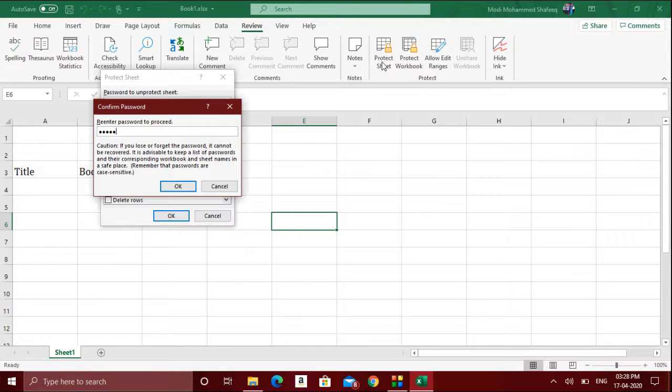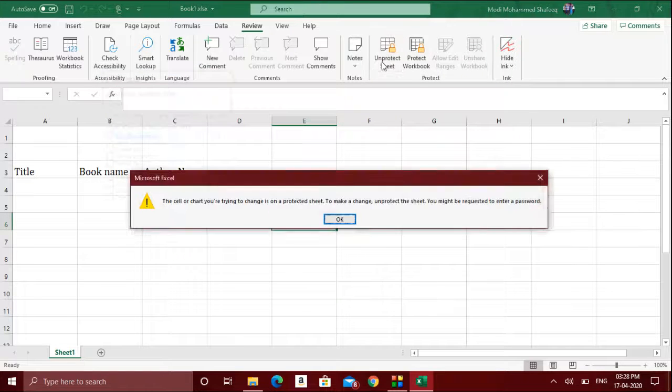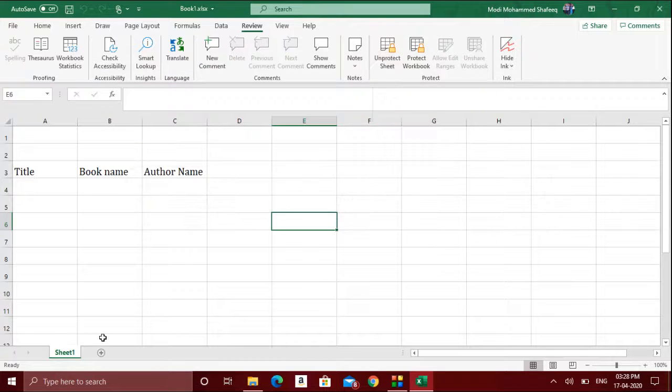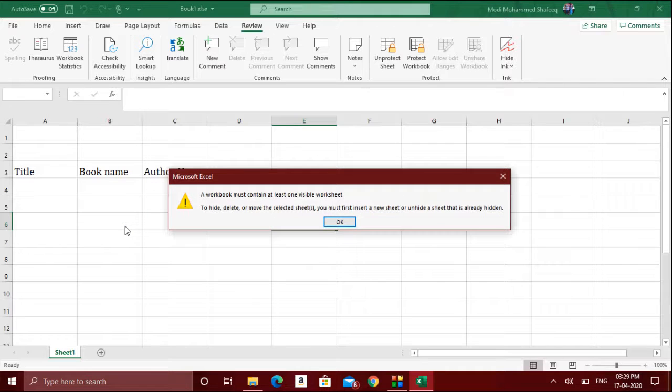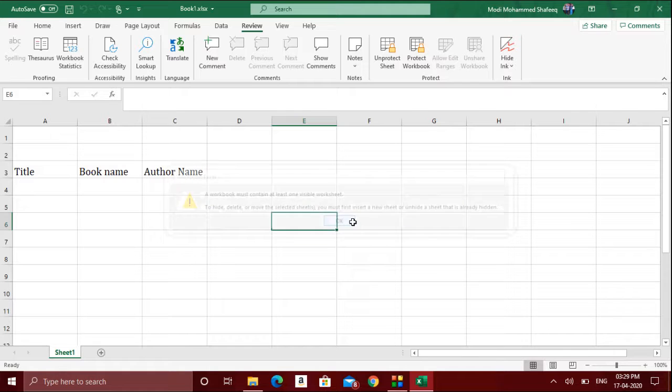For example, now I have protected this sheet. Okay, I cannot change it, but if I go here, right click on this sheet option and click delete, everything must be empty. I am able to delete all the data present in that sheet. That can be done, which means there will be a chance of data loss. So that also I want to protect.